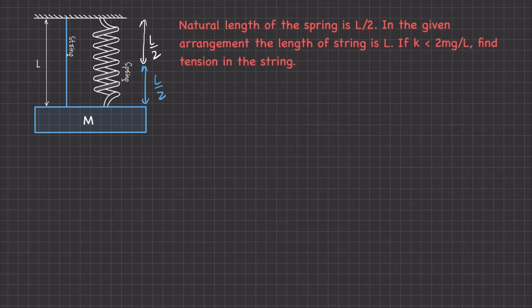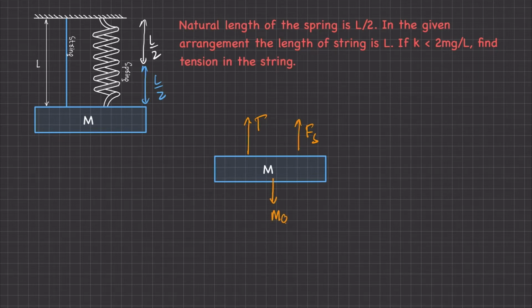Now if the spring has extension, it means the end point of the spring has gone downward here. So displacement will be downward because it got extended. That means spring force here must act upward, right? So if we draw the block and draw the diagram of forces, then let's see how the forces act. Here the spring force will act upward, Fs. Now due to the string, tension will be along the string away from the body. So tension will be like this, and downward mg force will be there.